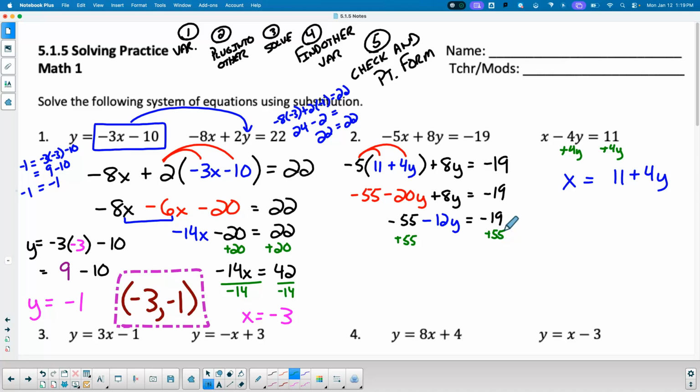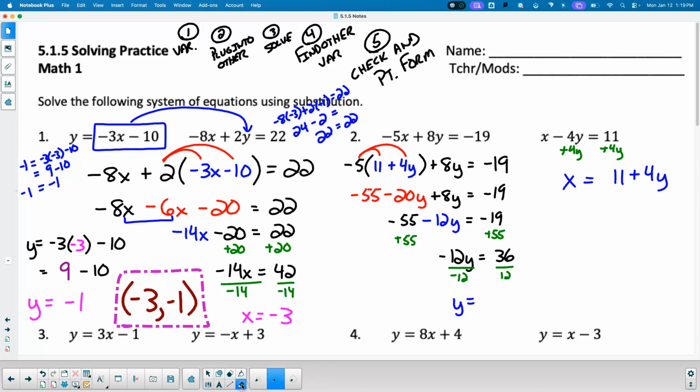If I add 55 to both sides, that gets me negative 12y equals positive 36. Divide both sides by negative 12. I get y equals,